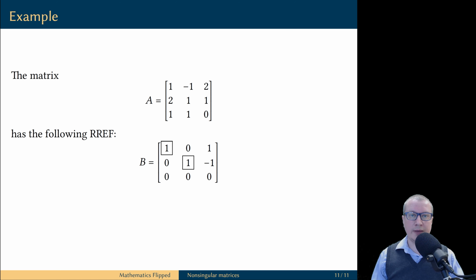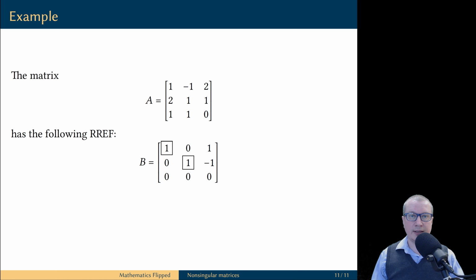Let me illustrate why this result is useful. Let's look at the following 3x3 matrix. Previously, to decide if such a matrix is a non-singular matrix, we had to construct a homogeneous linear system and its augmented matrix. Effectively, we took the original matrix A and added an extra column. But now, we are not going to construct the augmented matrix. We are not going to add this extra zero vector as the last column of the matrix. Instead, we are going to reduce the original matrix.